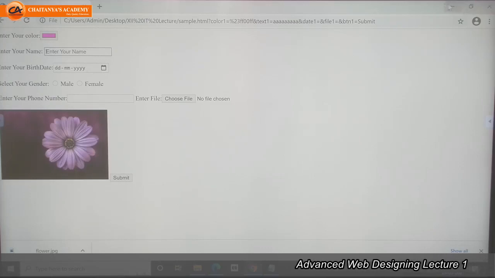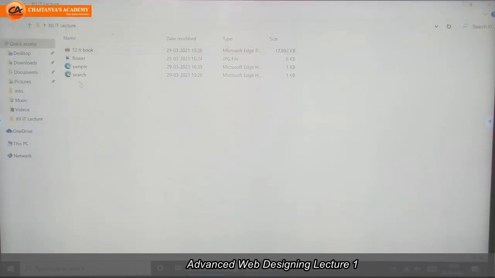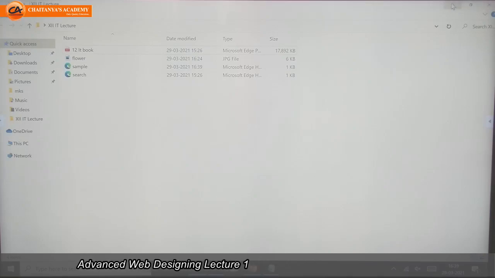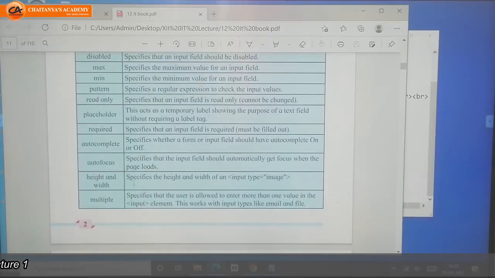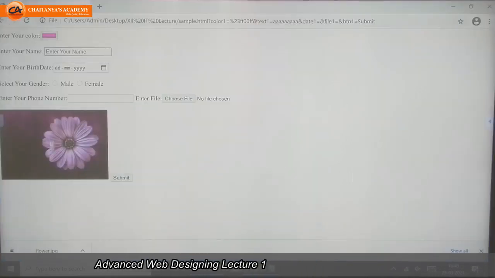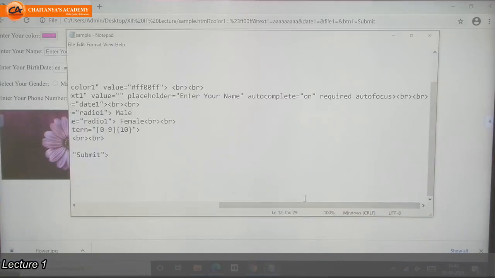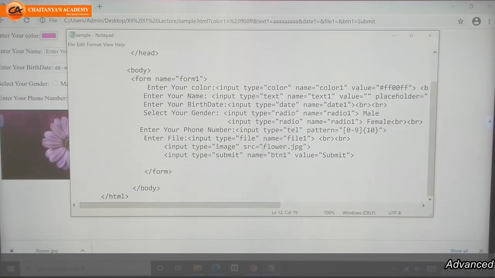Next attribute, height and width. Height and width of an image. If you want to display an image with a certain height, you want to change the width, something like that, you can write here the attribute for that.